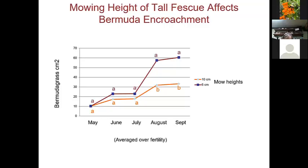your best ways to try to keep Bermuda grass at bay is to increase your cutting height. So I think you would all say, well, that's pretty logical because you fight wiregrass all the time, which is all Bermuda grass is. That's just our slang name for it, the common types we have. So this is looking at square centimeters of Bermuda grass coverage in what was installed as a tall fescue stand. And if your cutting height here is at 2.5 inches, okay, you had a whole lot more Bermuda grass in terms of the